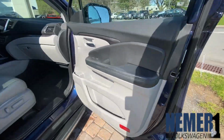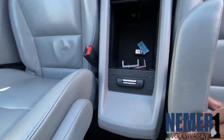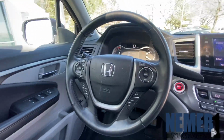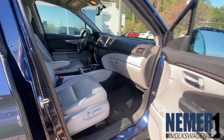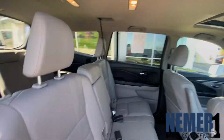Currently, we have this beautiful 2016 Honda Pilot EXL. This all-wheel drive SUV comes with a 3.5-liter V6 VTEC engine with a 6-speed automatic transmission with driver-selectable modes. You get 18 miles per gallon in the city, 26 miles per gallon on the highway, front and rear anti-roll